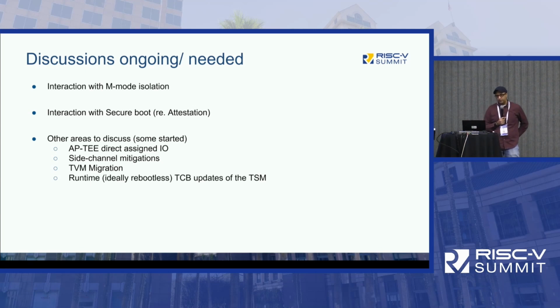We need to have some more discussions on interactions with secure boot, right? So from a platform integrity perspective, we might have secure boot being implemented by the platform, but the trusted execution environment needs its own transitive trust chain, right? That is independent from the platform boot trust chain. But a lot of the APIs and ABIs there are probably common that we can reuse. And as I mentioned, some of the other areas that are listed here, we have to start discussing. We haven't really discussed those much in the work group yet, right? But those are also important ones. And there are probably others there that I haven't listed that people can think of.